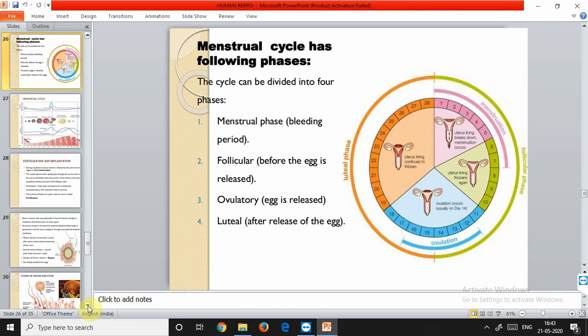Now the follicular cells of the Graafian follicle start to secrete estrogen, and estrogen has some very drastic effects. Estrogen stimulates the growth, maintenance and normal functioning of the secondary sex organs. Now the uterine endometrium becomes very thick and more vascular, that is, there is more blood supply, and more glandular, that is, more glands are secreted into that place. The endometrium is now very thickened, the uterine glands become tortuous, and the shape changes to a corkscrew shape. So now this is the preparation for implantation.